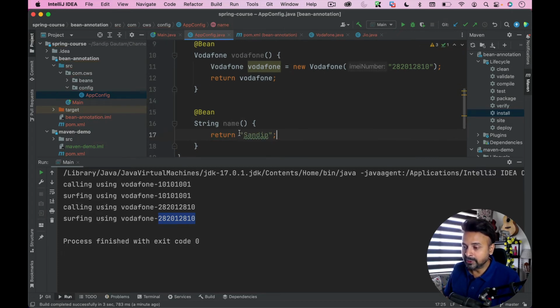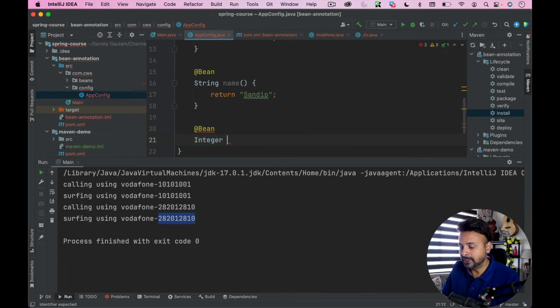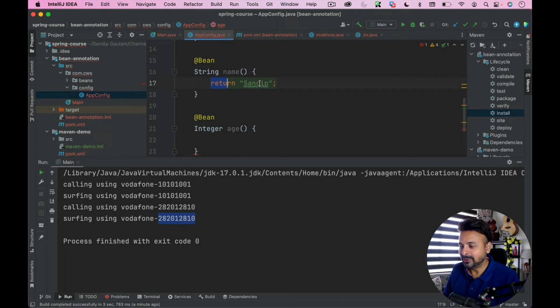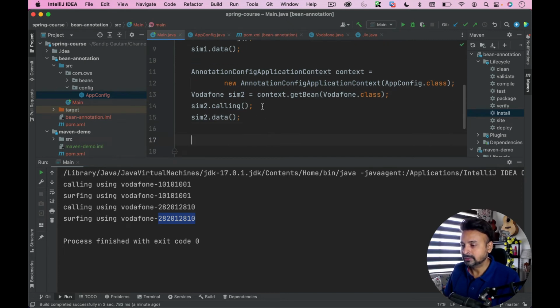So you can create the bean with our normal Java types also. Like I'll create another bean which is an integer bean. I'll call it age. Obviously, in big projects, I don't think you're going to use this. So let's copy and paste age here. Maybe I'll put some age here like 35. Let's save it. And now I'm going to call this. I'm going to use those beans also here. So I'm going to use my context, and I'm going to ask for the string bean, and this will be